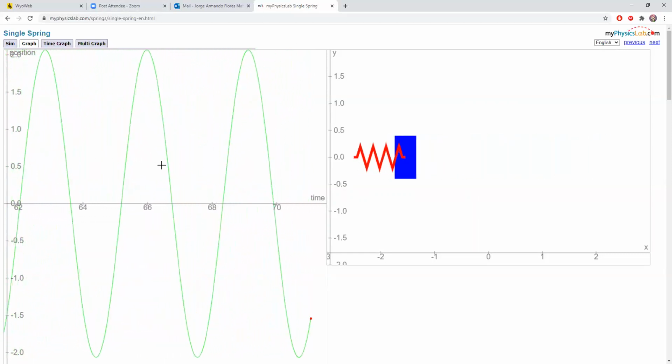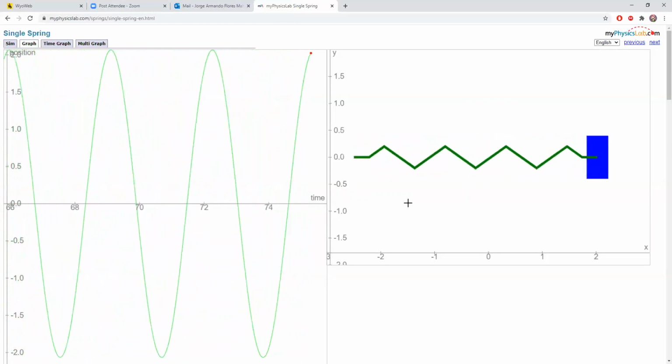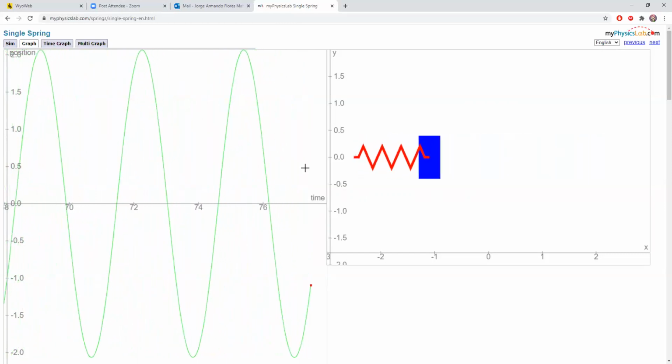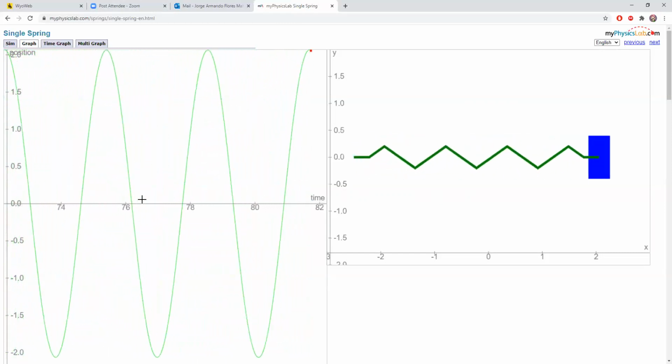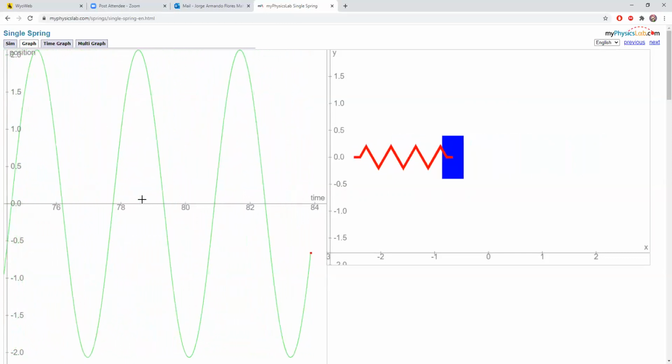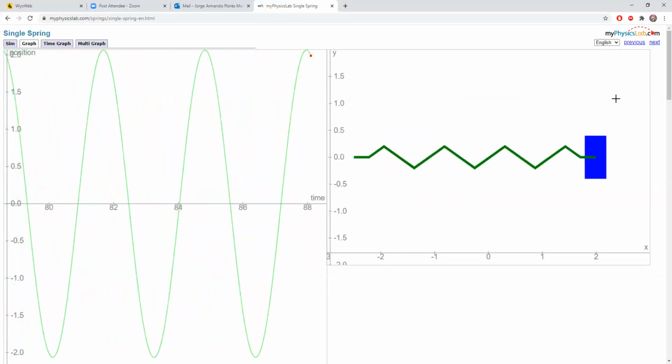In fact, we'll see when we find the general solution that, at first, we're going to find the general solution as a linear combination of sine and cosine, but then we'll see that there's a formula to rewrite it as either a single sine function or a single cosine function. Right? So it makes sense because what's being graphed here are the solutions to the differential equation under these specific